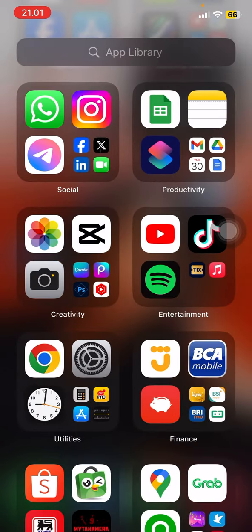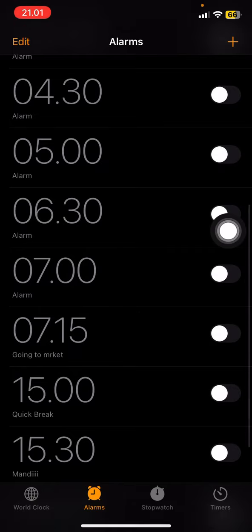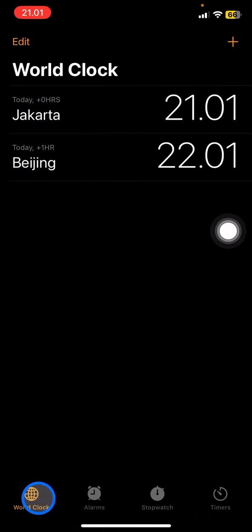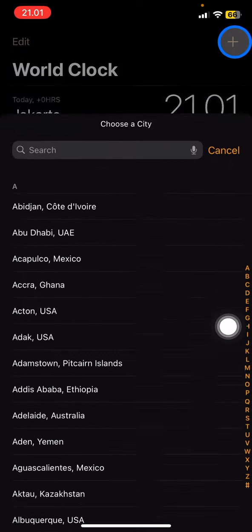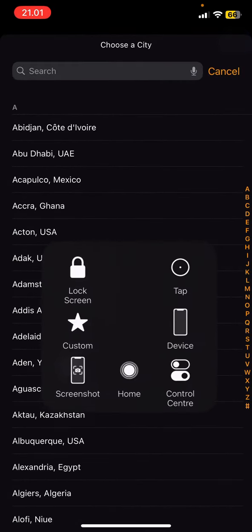Slide your screen to the left side and you just need to open the clock that you have here. And the next thing you need to do is take a look at this bottom side, the first section. Just go visit the world clock. The next thing you need to do is go to the plus button on the top right corner, and then you just need to pick which